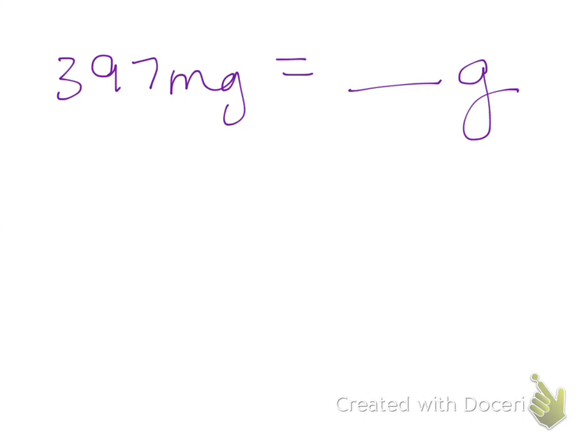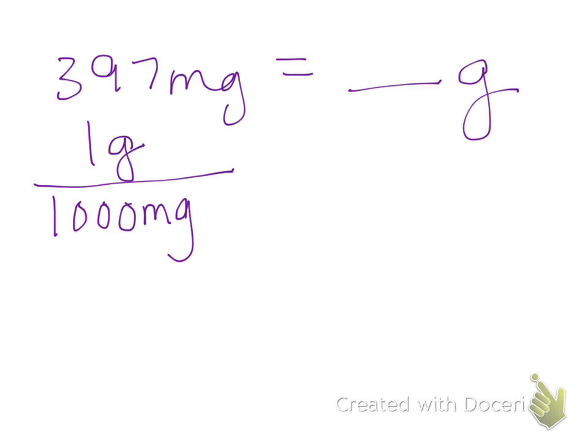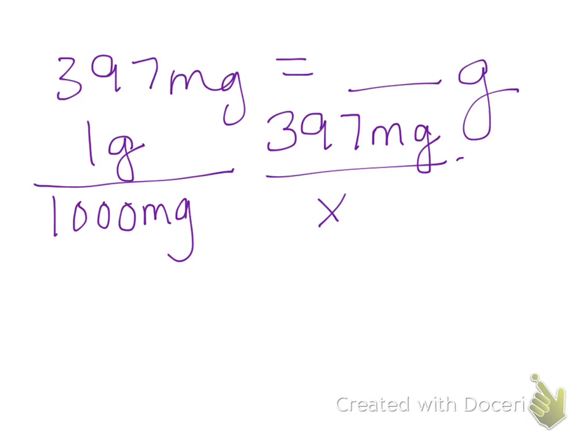Well, the first most important thing to know is how many milligrams are in a gram, and that will help put your calculation together. So we know there's 1,000 milligrams in a gram, right? And they're asking how many grams are in 397 milligrams. So you just set up your equation like this over x, and you can already cross this out, and it gives you your grams. Now we're trying to find out. You multiply it, and you end up with